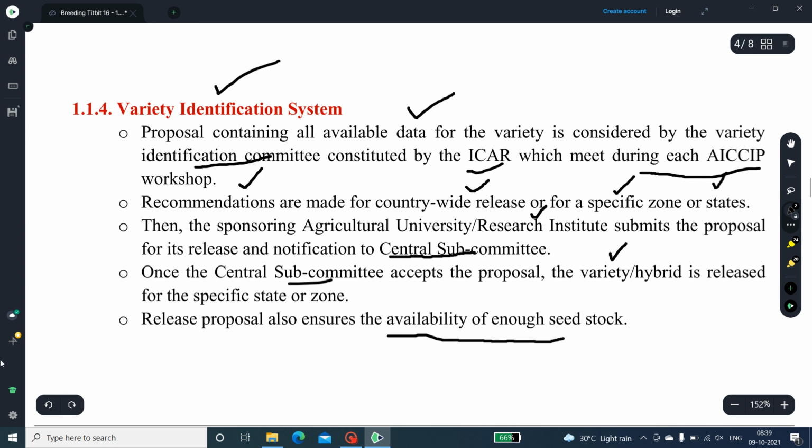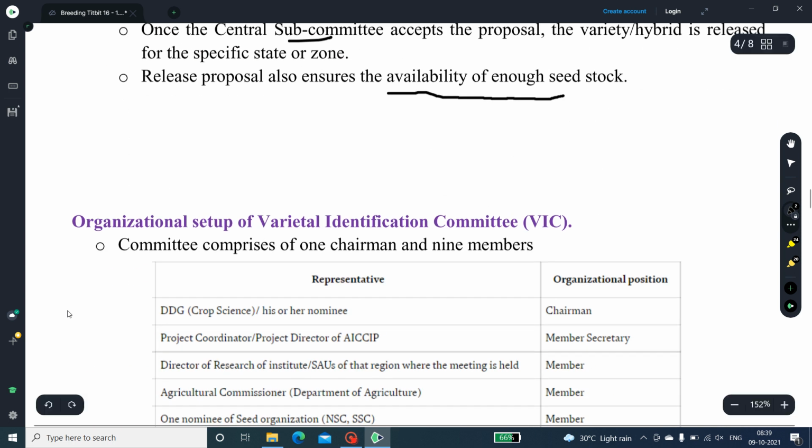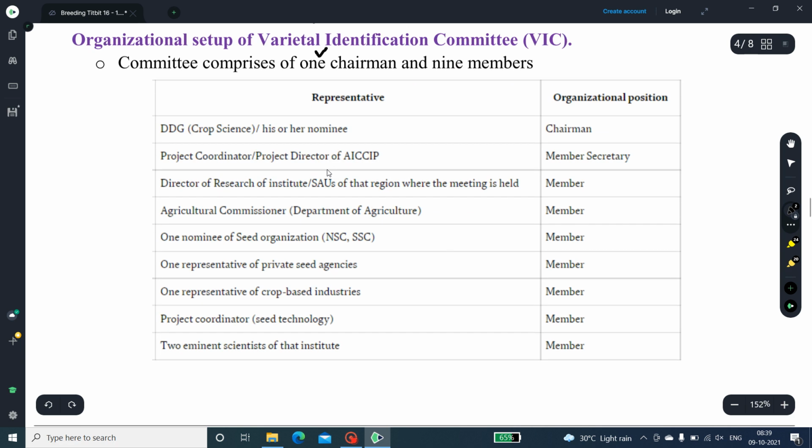The release proposal also ensures the availability of enough seed stock. So at the time of release, the particular variety should have the enough seed stock that will be the responsibility of the concerned plant breeder or the concerned sponsoring institutes or agriculture university. The organizational setup of varietal identification committee, it comprises of one chairman and 9 members,